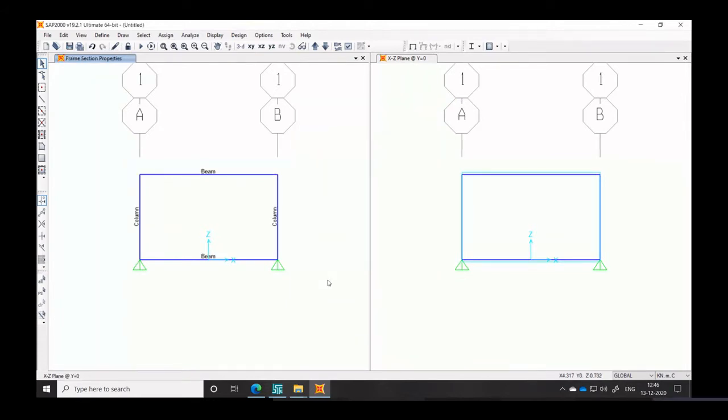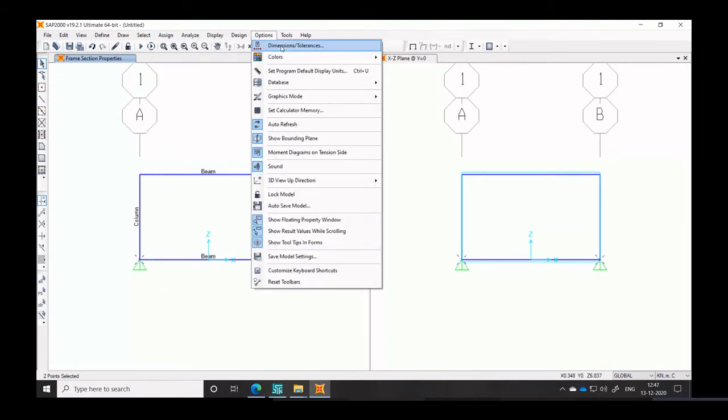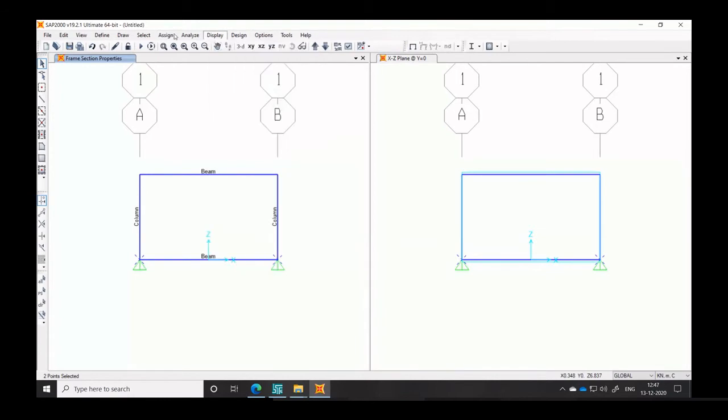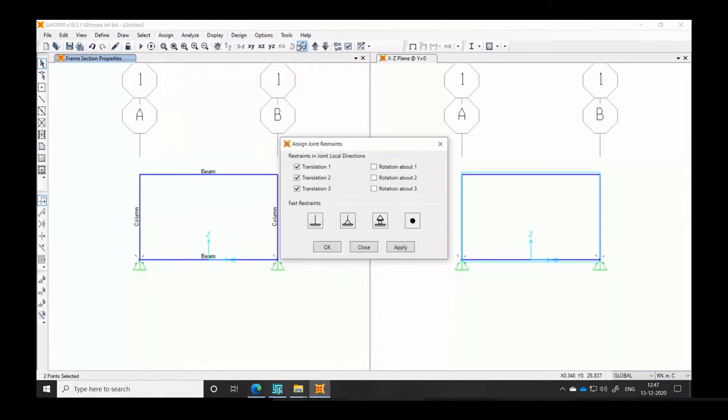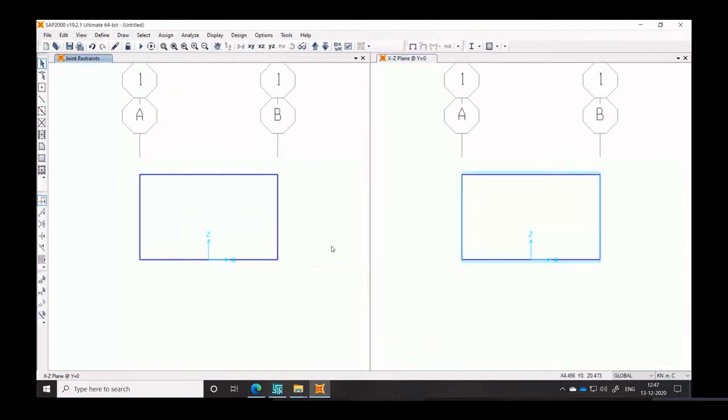So now you can see that all the beam and columns have been defined. So this is the MB that I was talking about, remember, and this is the M, and the total would be the mass of everything. Okay, now the base condition I need to change, right? Because I need to add the isolator at these levels. So I'm going to remove this restraint that was auto assigned. So I'm going to joint restraint, and then just remove this.